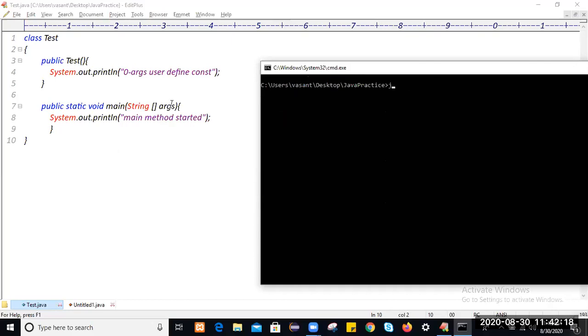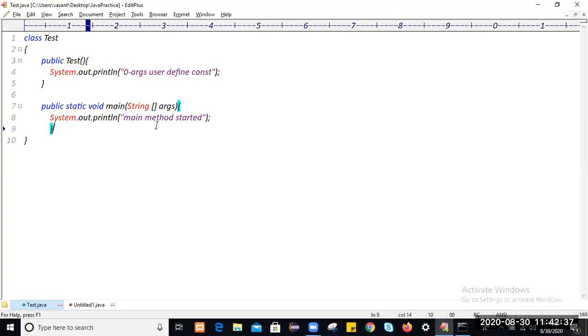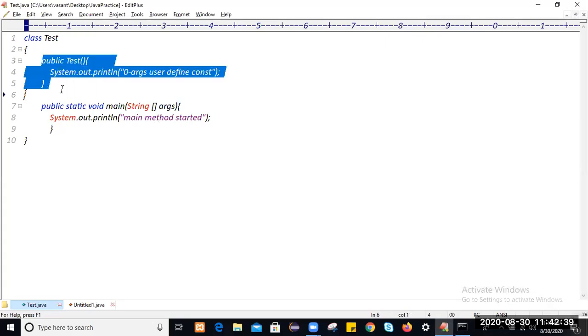When you compile this application using the command javac Test.java and run it with java Test, you see only "Main method started" is executed. Always remember that constructor logic execution depends on object creation.